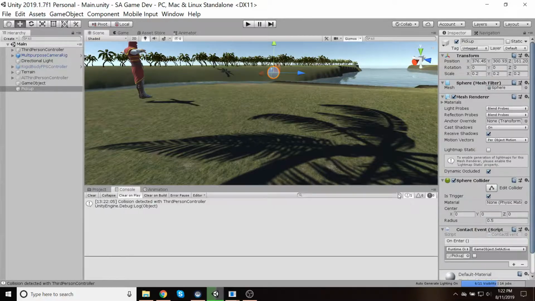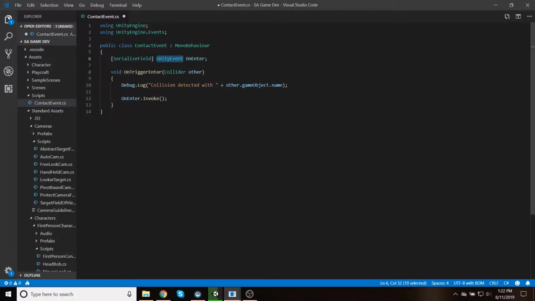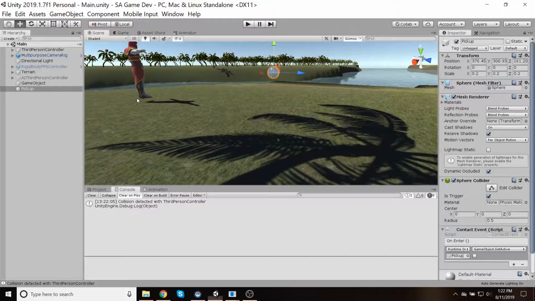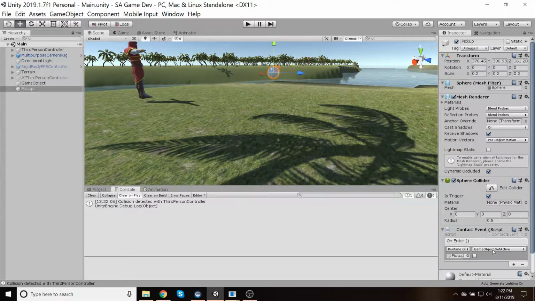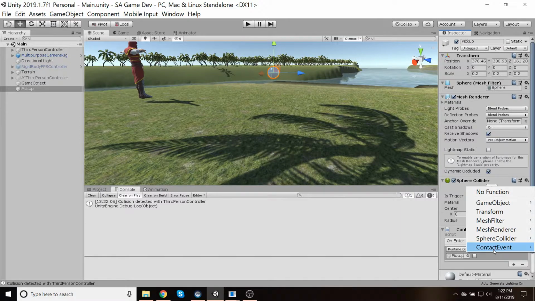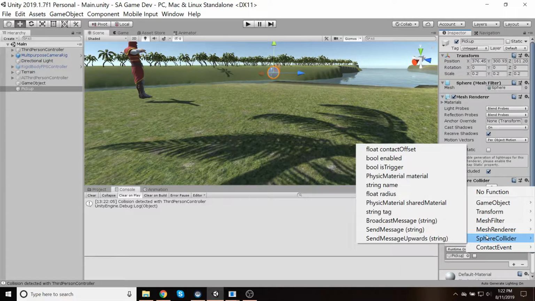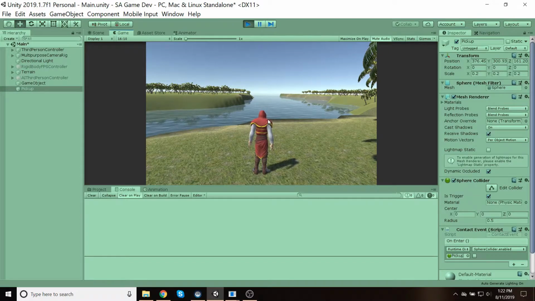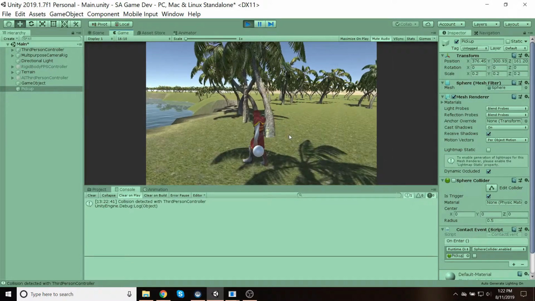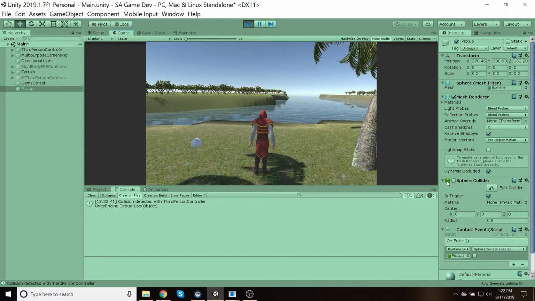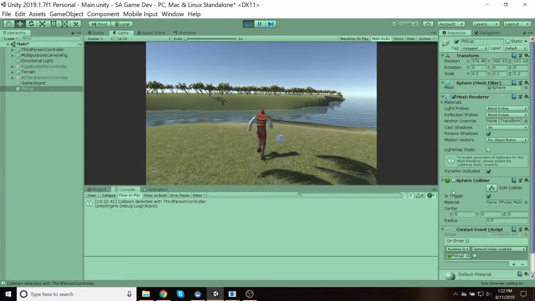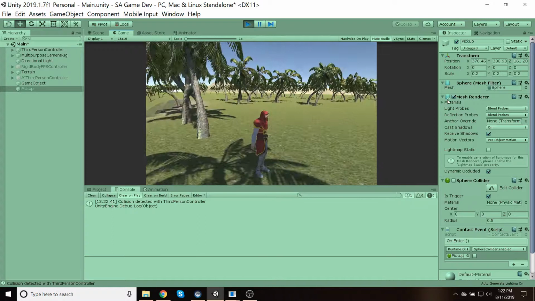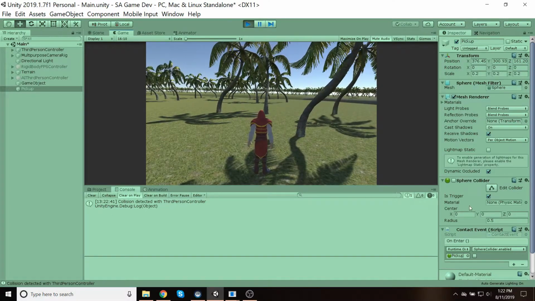Now, the value of going through these extra steps of using a Unity event and invoking it, rather than just setting the object inactive directly, well, there's lots, but for example, I could, instead of making the object disappear, I could just disable the collider only. So if I walk into it, the collider has just been disabled, see that box has been unticked, but it's still visible. Alternatively, I could make it invisible but keep the collider active,